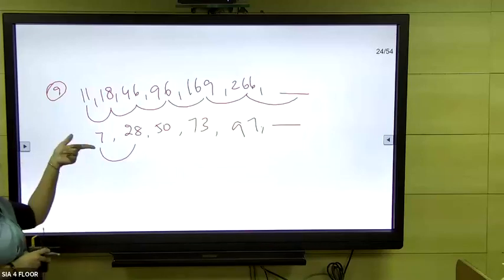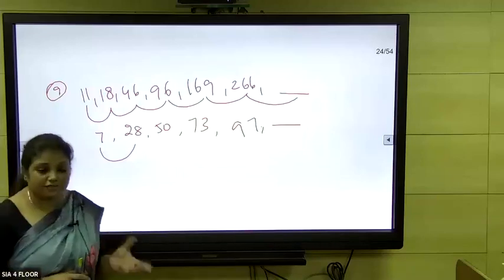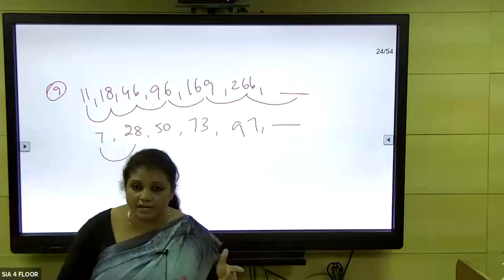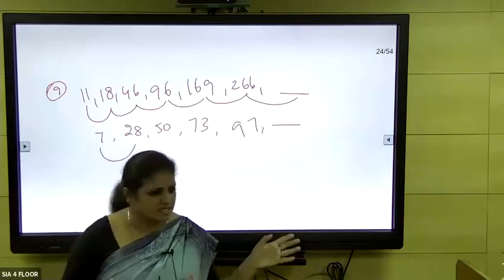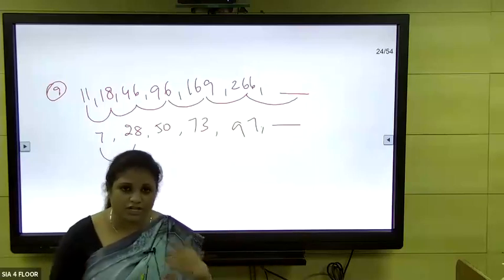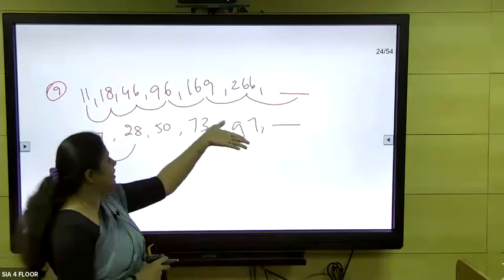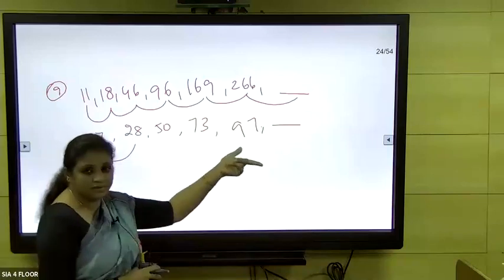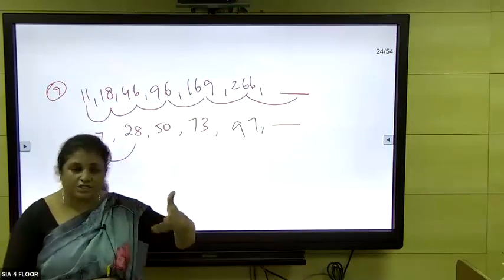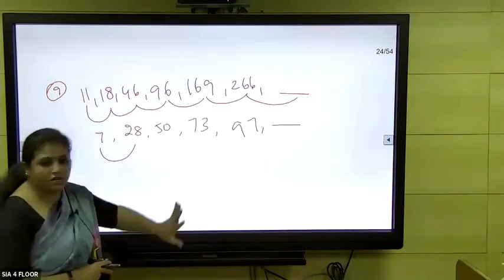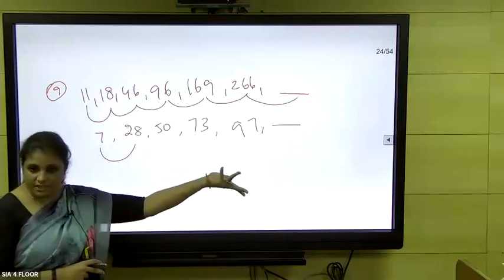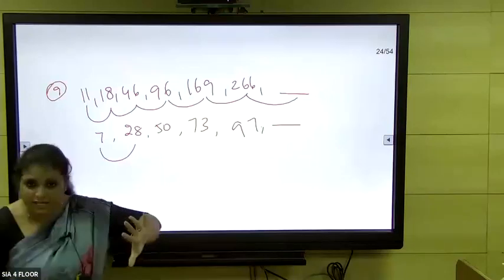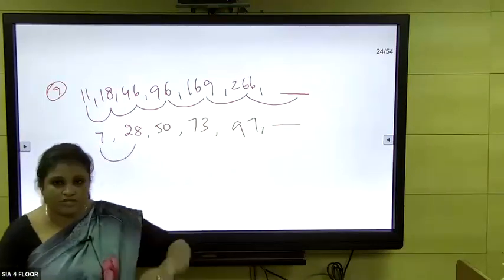We have taken the difference already, and we are going to take the difference one more time. This is called a differences approach, where you can apply this to any of the problems if you're not getting it, and the sequence is a little lengthier. The logic is not wrong; it's a sequence which is increasing, and you're not finding anything wrong there. In that case, you can go for one more step.